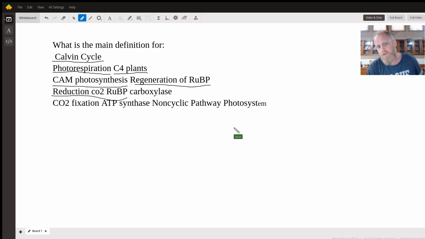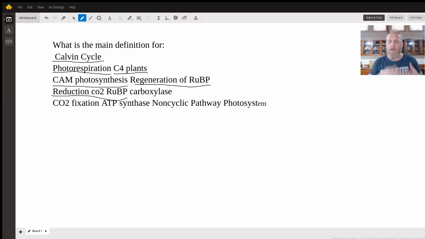Reduction of CO2 refers to the process of reducing carbon dioxide to a more reduced form, such as glucose, as part of the Calvin cycle. This process requires the use of reducing agents, such as ATP and NADPH, which are produced during the light-dependent reactions of photosynthesis. So we're going over a little bit over 5 minutes here, but we're going to look at RuBP